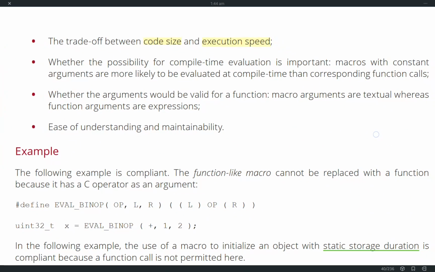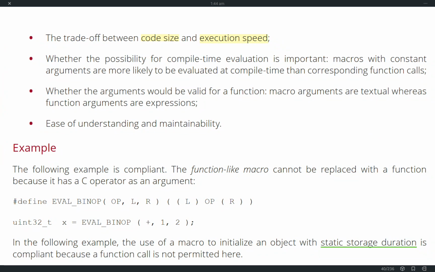Next, in the guideline of MISRA, there is a trade-off between code size and execution speed. So you will be excused by MISRA, whether you use a function or a macro, based on this trade-off.